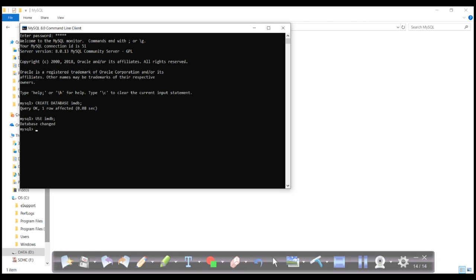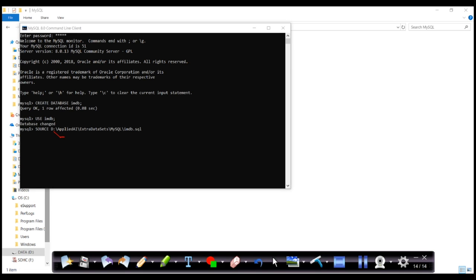Now the next thing that I'll do here is I'll say source, and I'll paste the location of my imdb.sql. My imdb.sql is in this location. After I downloaded it, I placed it in this location. So I'm saying source and the location of the .sql file. Now once I press enter here,